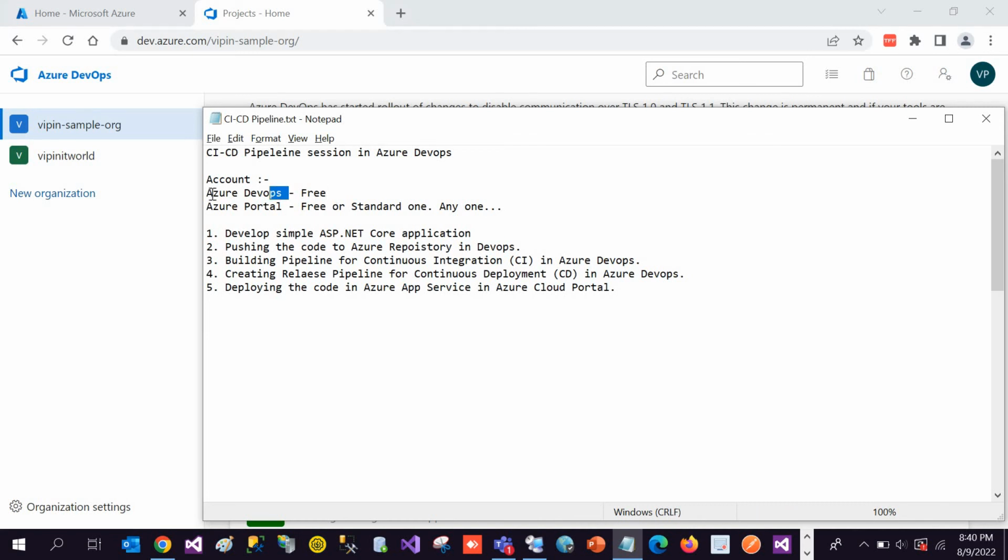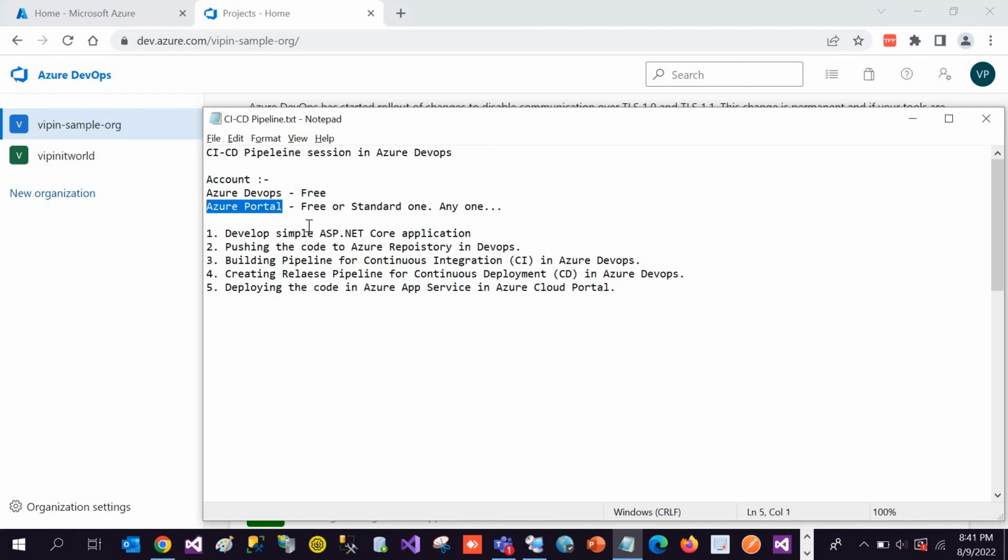Let's say we are making any changes in the code in the local, and when we want to push our code to the Azure repository, or we can say Azure Repo, for that we need to use this Azure DevOps, right? So for maintaining your project repository, and Azure Portal is the place where we are actually going to